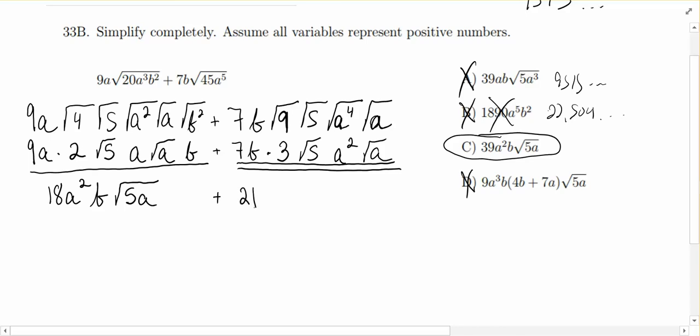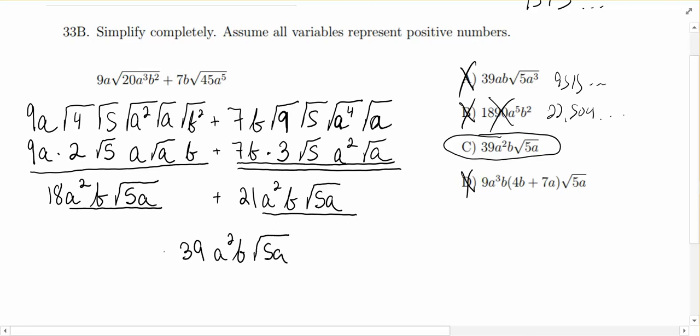That's 21. I have an a squared. I have a b. Inside the radical, I have a 5 and an a. And now I do, in fact, have like terms because both of these are a squared b root 5a. So if I just add 18 and 21 together, I get 39. And then I just keep the same term. And we get this answer of C by simplifying, doing the break it up